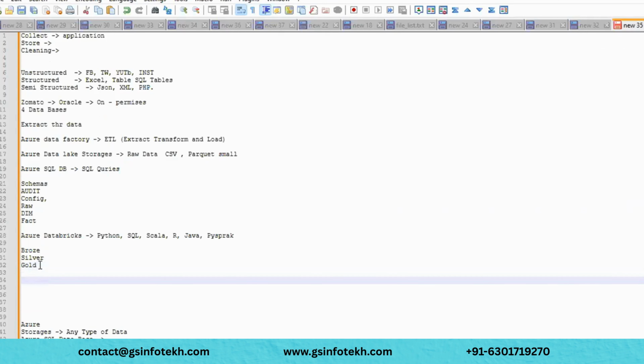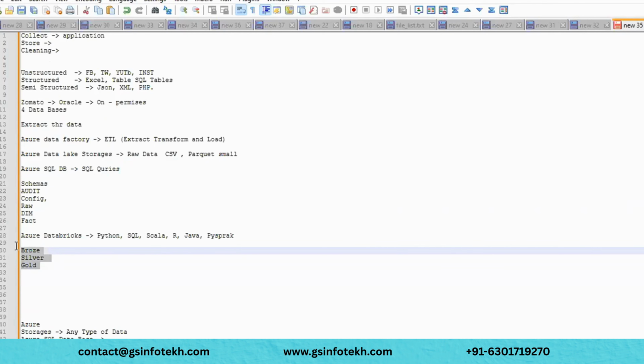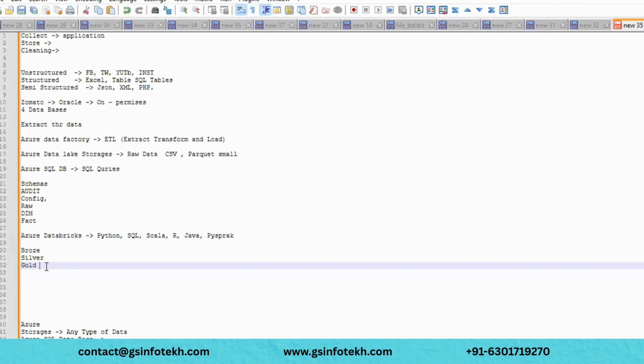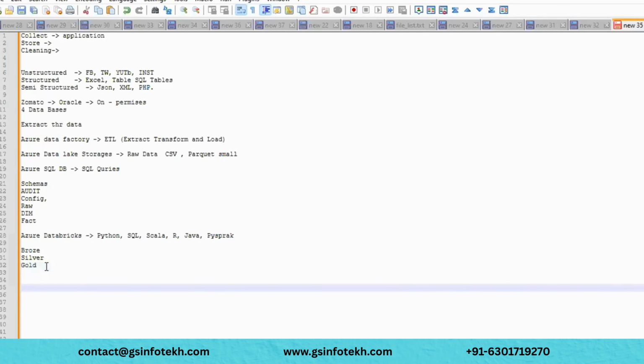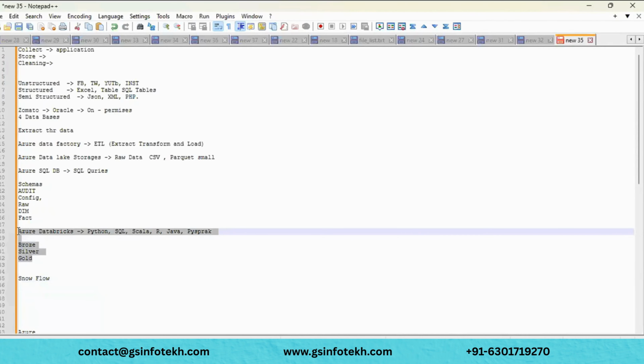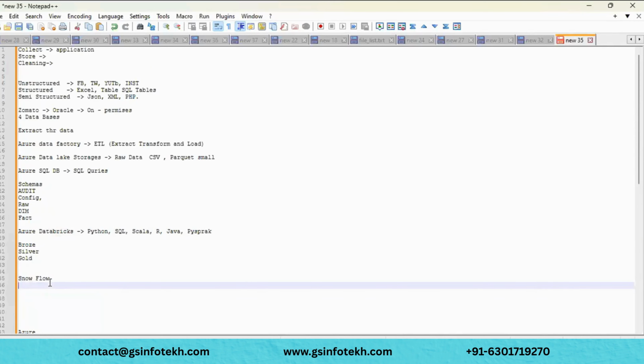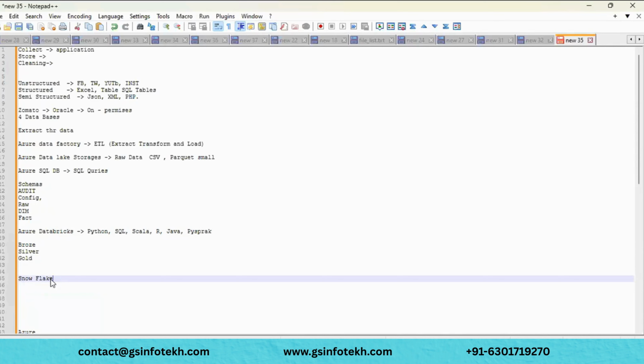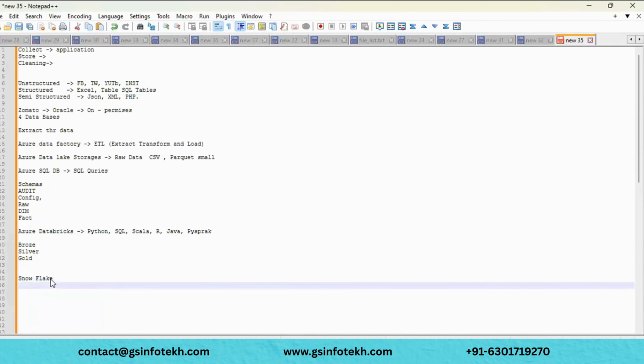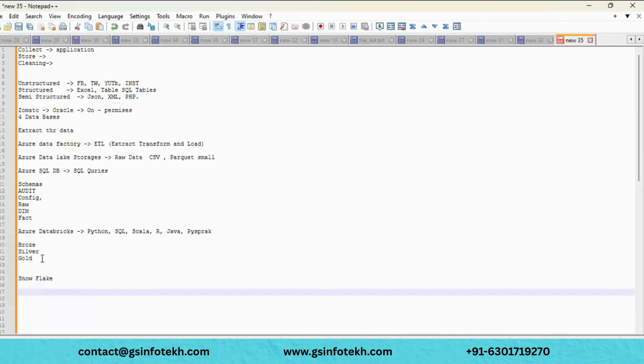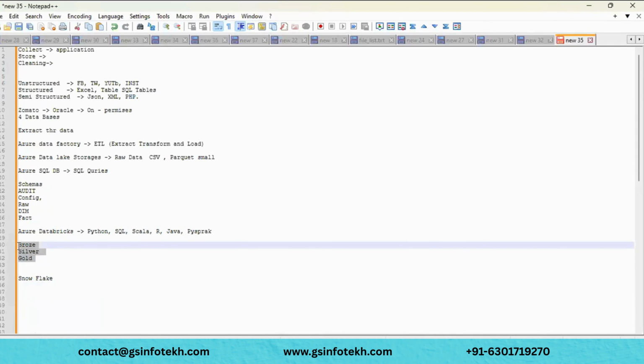And post this, if there was some requirement to move this data into Snowflake, then we will connect Snowflake to this Databricks, create the required tables in Snowflake, and move that data into it. And we can use it from here wherever we want, and a few people will connect directly.